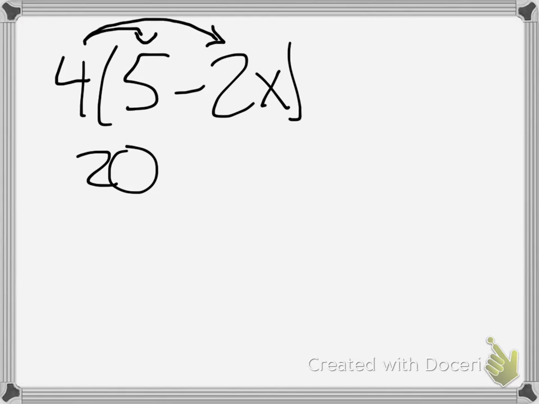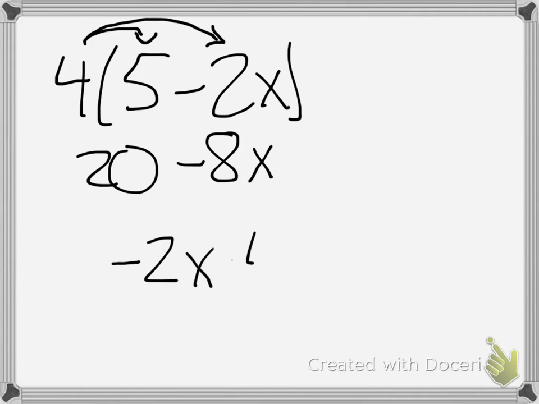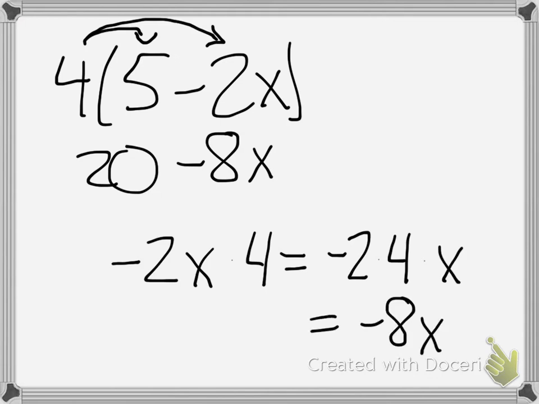Minus 2x times 4 is minus 8x. Why? Because minus 2x times 4, I can reorder that. That's minus 2 times 4 times x, minus 8x. This idea of distributing the thing that's outside on each of the things that are inside is the core of